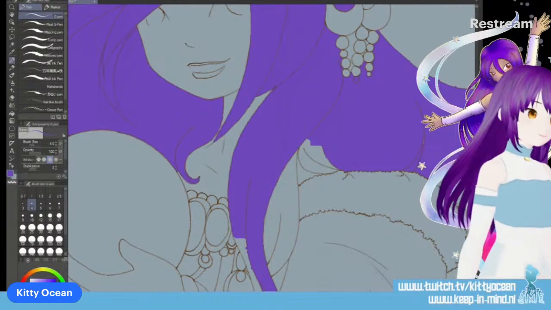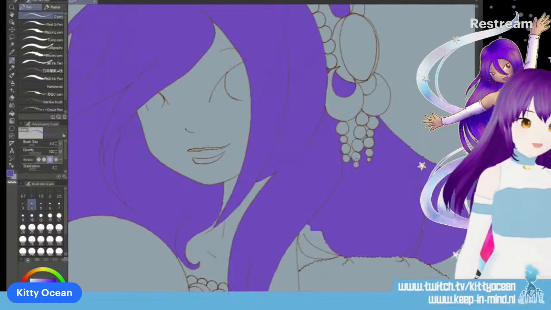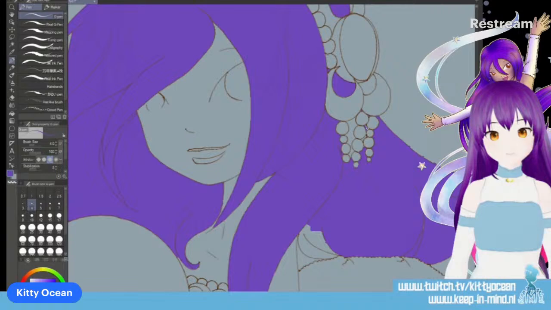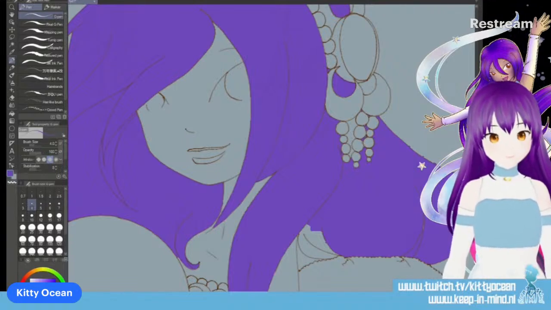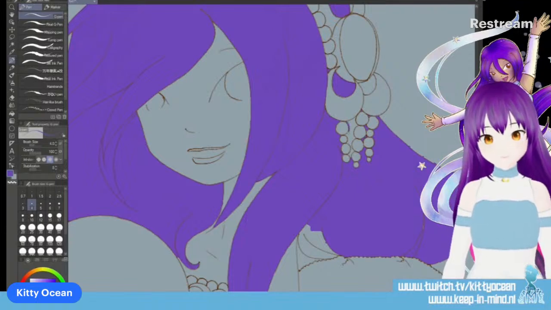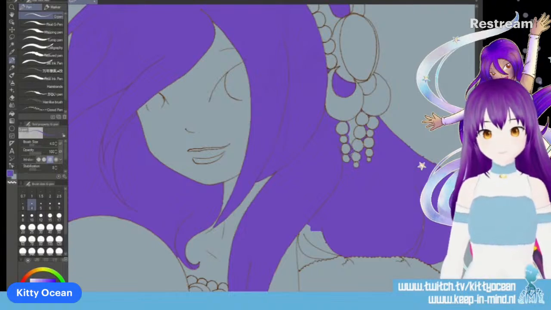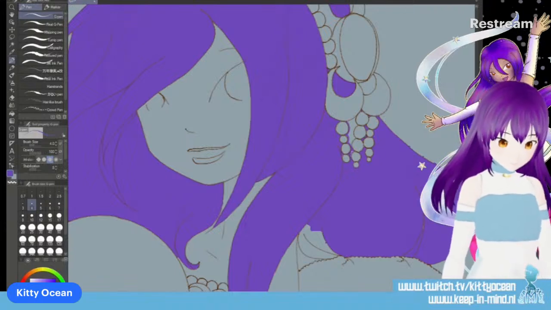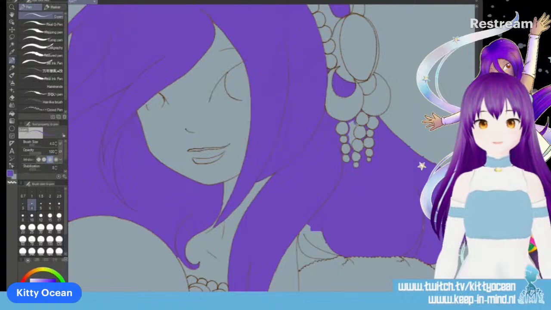Oh, I have this thin brush. Let's do this part. I like adding pearls to the design, but they're very annoying to create. And this cover is supposed to be a nod to my first cover.